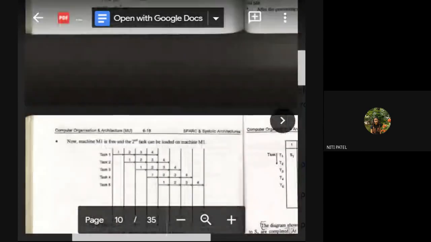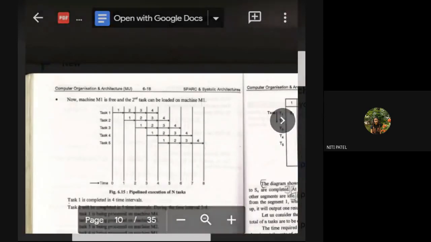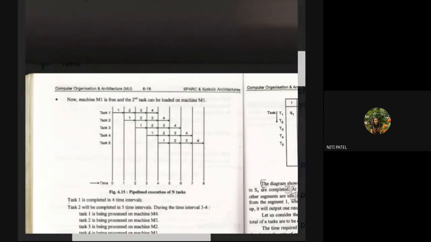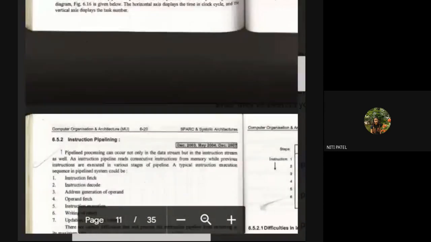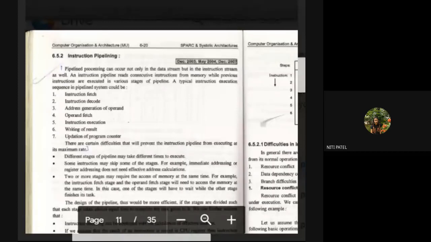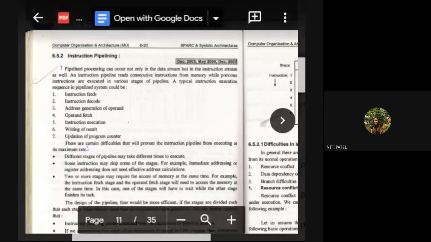So when I say your move A comma B is divided into 1 2 3 4 5 6 7, all these 7 things are happening simultaneously but at different time slots, therefore it is called parallelism, or pipelining. When your instruction is fetched, at that same time you can decode also, you can generate your address also, you can fetch your operand also, and once all these 4 are achieved, you can start executing, and once the execution is done, you write and you update the program counter.